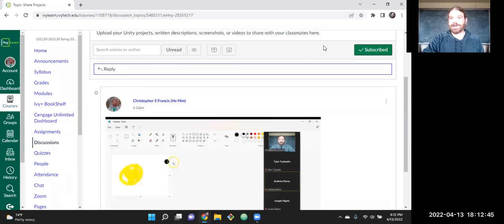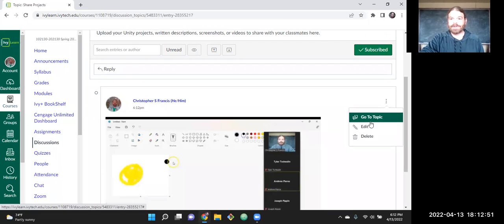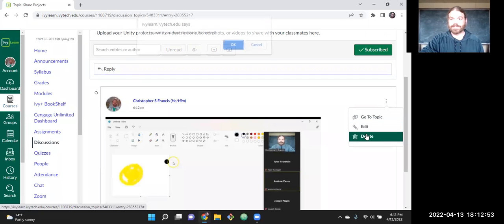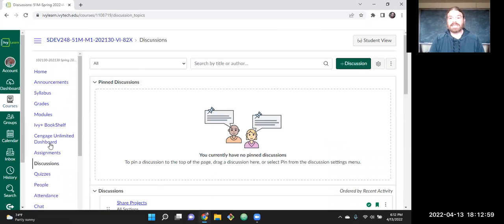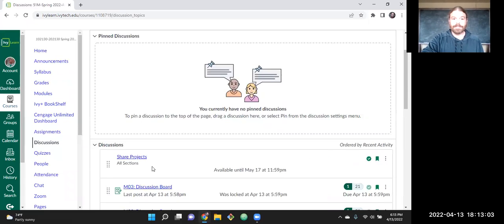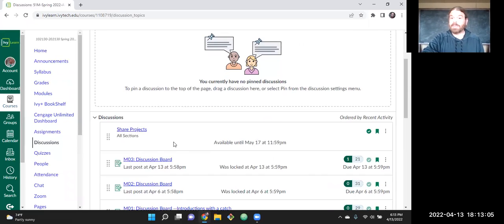I guess the only new thing there is making sure you're aware that you can put screen capture right in the discussion board. I'll delete that. So that's there under discussions, a place to share your projects and discuss it, and maybe post if you hit a problem, share your questions with each other,